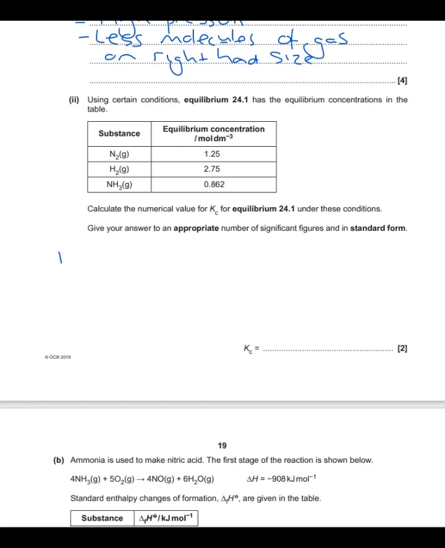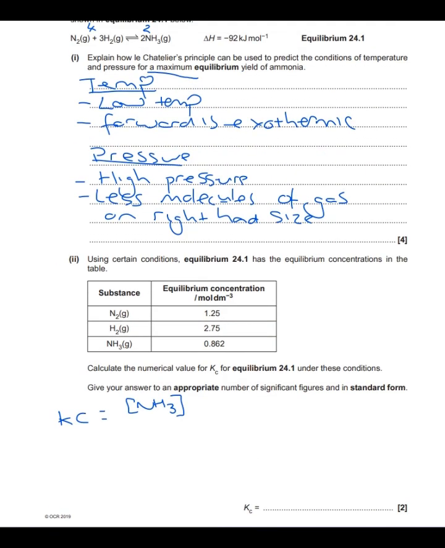So, as a reminder, Kc is our products over reactants. So we're going to have our NH3, and let me just show the equation, because the equation we're going to have 2 outside the brackets because we've got 2 moles of the ammonia, and then we've got to have nitrogen, we have 1 mole, so we don't need anything outside the brackets, and then for hydrogen we have 3 moles of hydrogen, and then we input the numbers, so